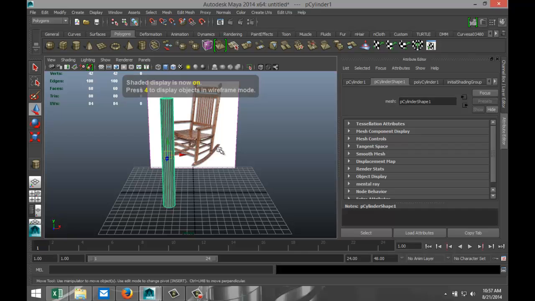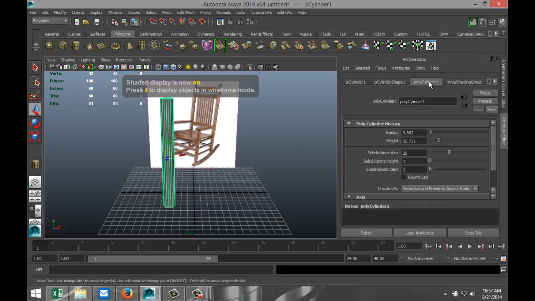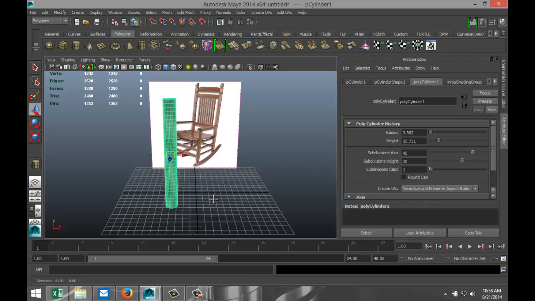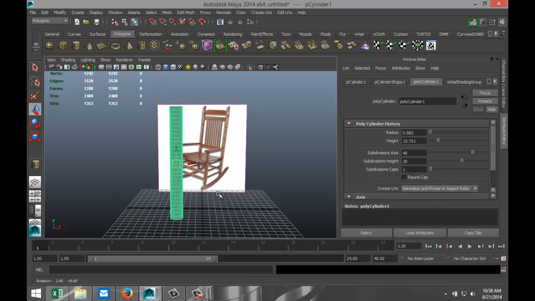Hit 5 for shaded mode, and we're going to go into our attribute editor. We're going to change the subdivision to 40 to make it nice and round, and I want some divisions in height, actually quite a few, so let's go with maybe a bit more, 30. Okay, so now let's get some